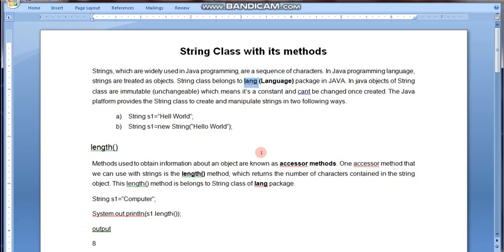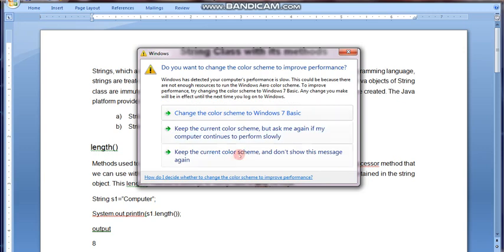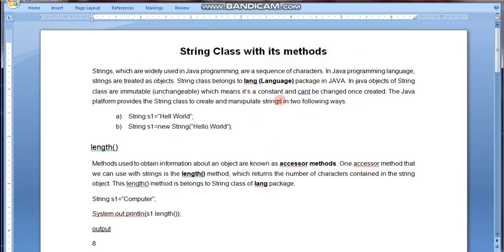For lang we need to write import java.lang.*. But because the lang package is a default package in every Java program, we need not specify import java.lang.* in every program. By default the String class will work in Java. The language package is inherited by every Java program, so we need not specify the import.